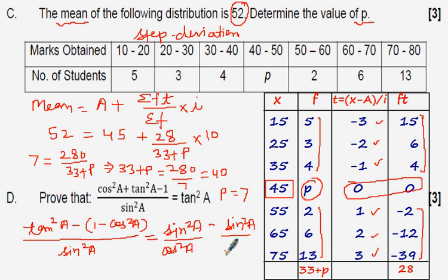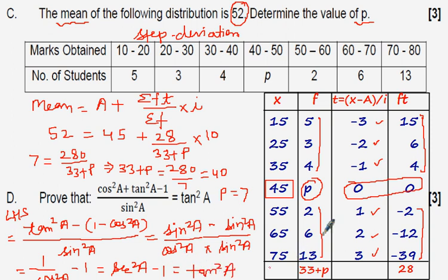Minus sin square a upon, this is entire sin square. So now when you separate them, it will cancel sin square, so it will become 1 upon cos square a. I am solving the left hand side. So 1 upon cos square a minus 1, which is sec square minus 1, and that is your identity, which will give you tan square a. It's easy. We have proved. Make a habit of writing reasons.